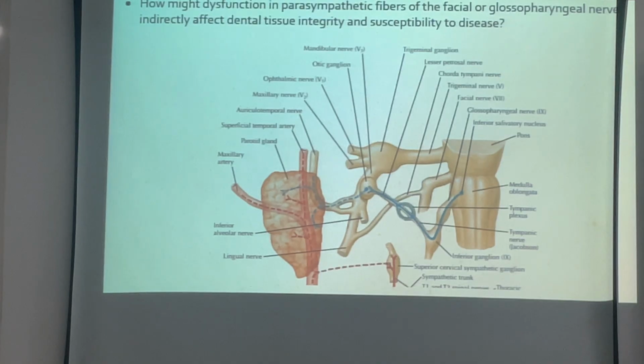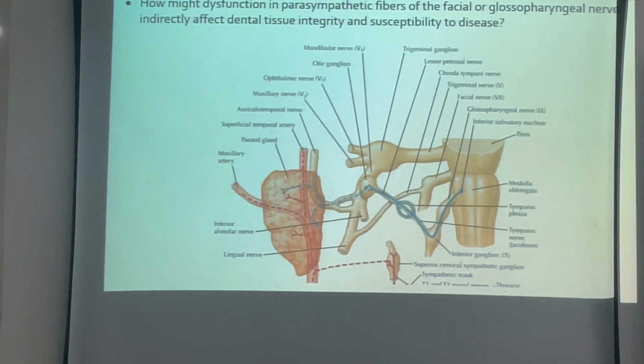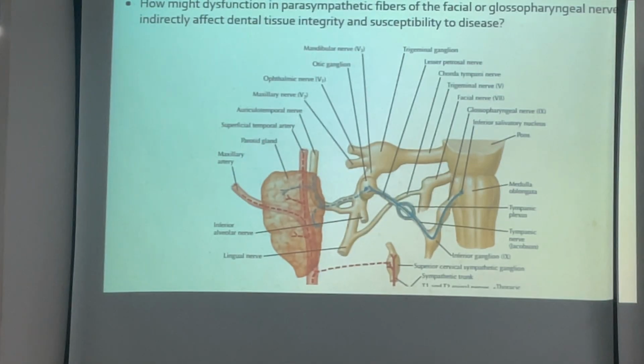This is the pre-ganglion fiber, and in the ganglion it will synapse and release acetylcholine, and then this is the post-ganglion fiber. And they go to the parotid gland.